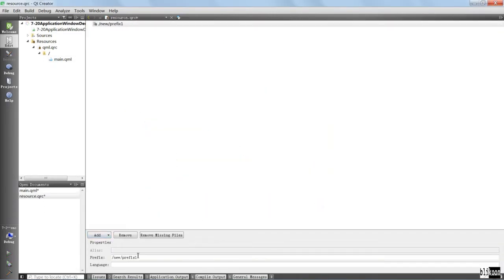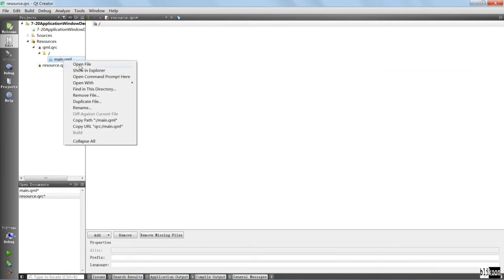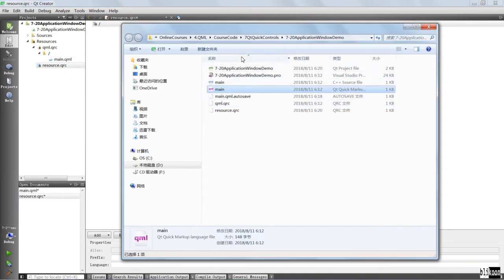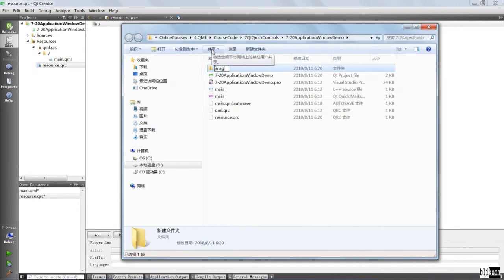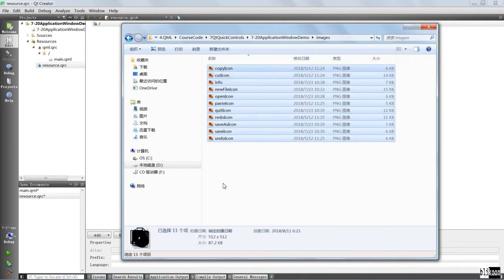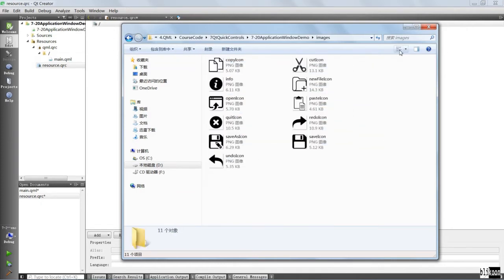I add a prefix. You probably know how to do all this. And I need to go where these things are stored on my drive and add a new images folder. I am going to go in the folder and paste in a bunch of images that I had prepared. Okay, it is these icons, and you can see that it is a set of different actions you can do